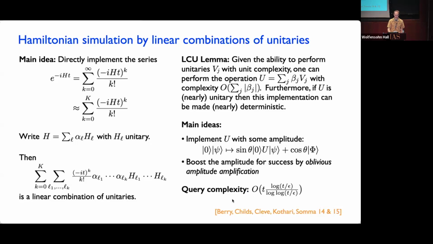I should say, the query complexity when you do this is going to scale like this. In particular, for fixed t, it gives exactly log(1/epsilon) over log log(1/epsilon). This expression basically comes from understanding how big k has to be before this is a good approximation of the exact evolution operator. It turns out that it has this good scaling with epsilon that exactly meets the lower bound I mentioned before. The scaling with t is also not too bad. It's not linear in t; it's like t log t over log log t, so it's only a little bit superlinear. It's better than anything you can achieve with product formulas, and it's not so far away from exactly linear.